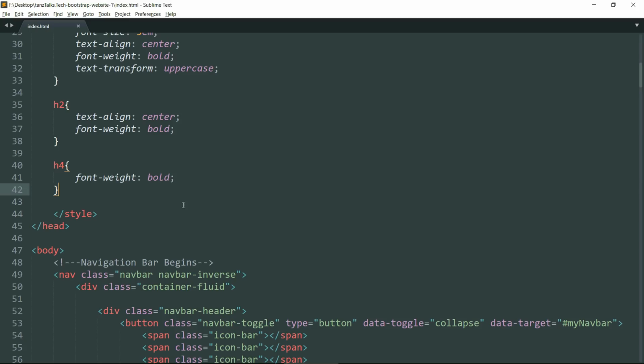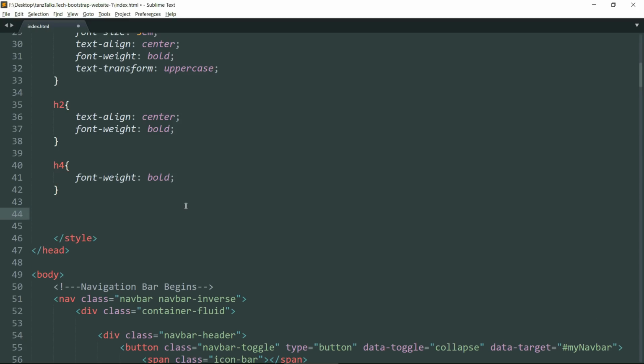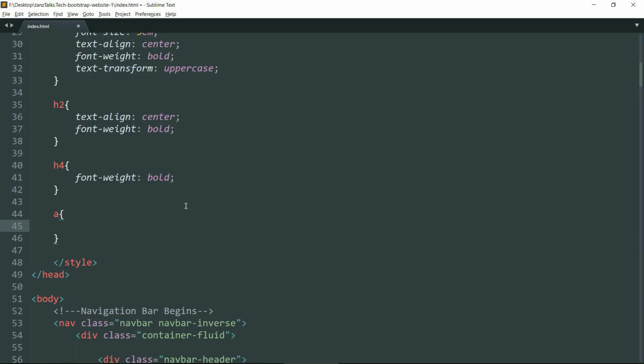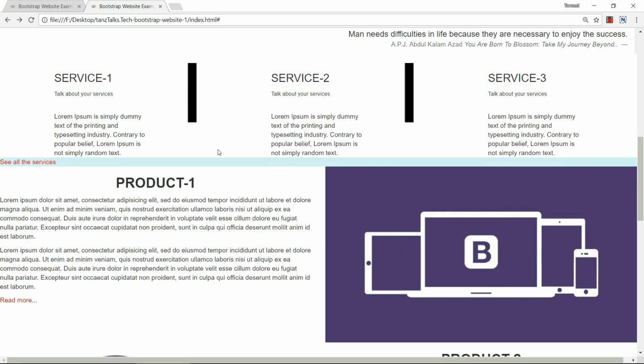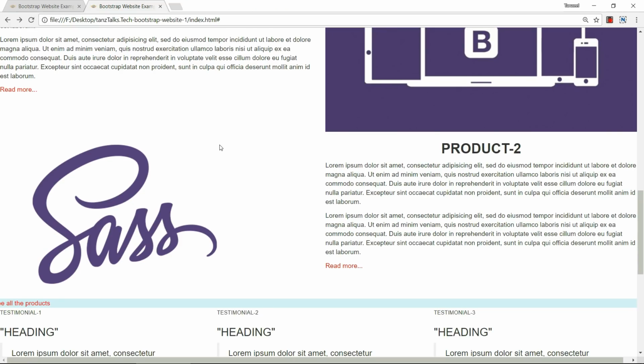Now let's format the links. Now write a, open curly braces, give a color of hash FF0000. Now this is the code for red color. We want the links to be in red color.